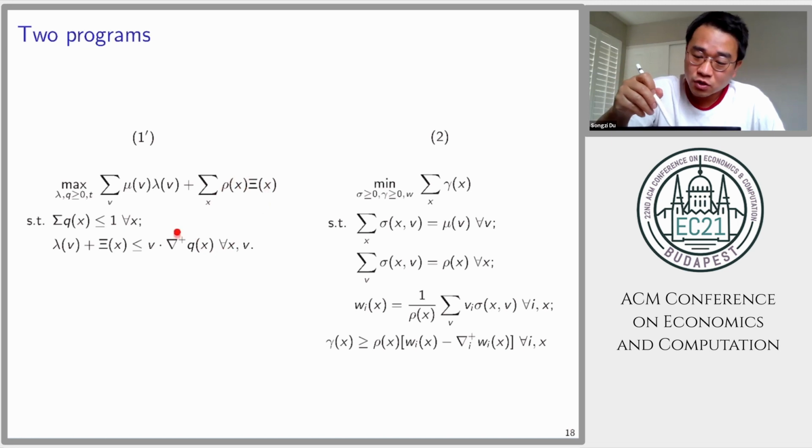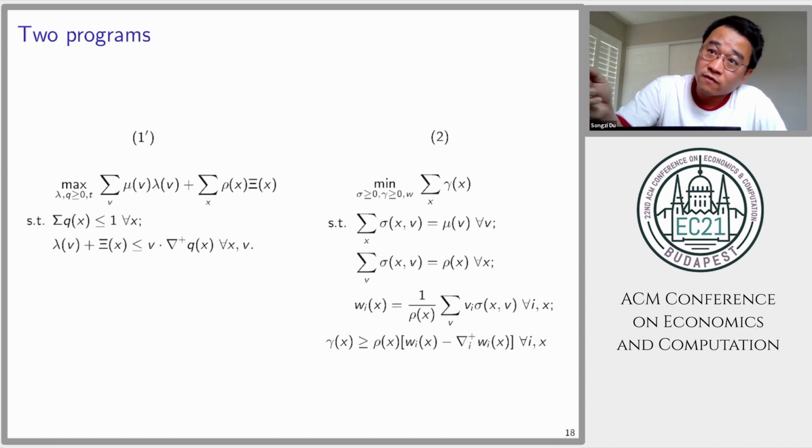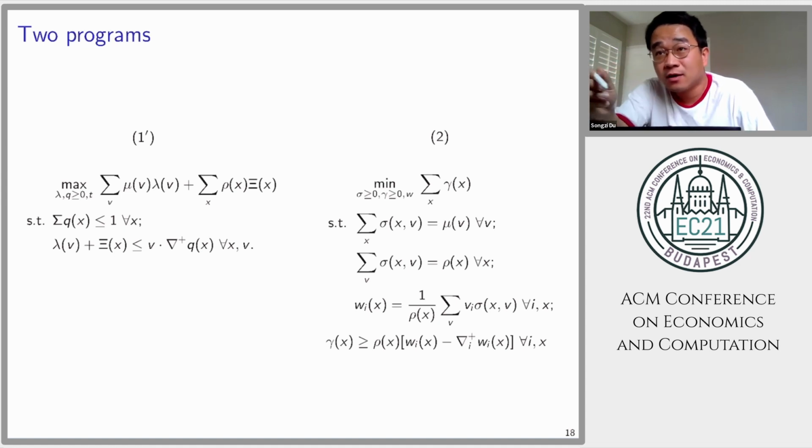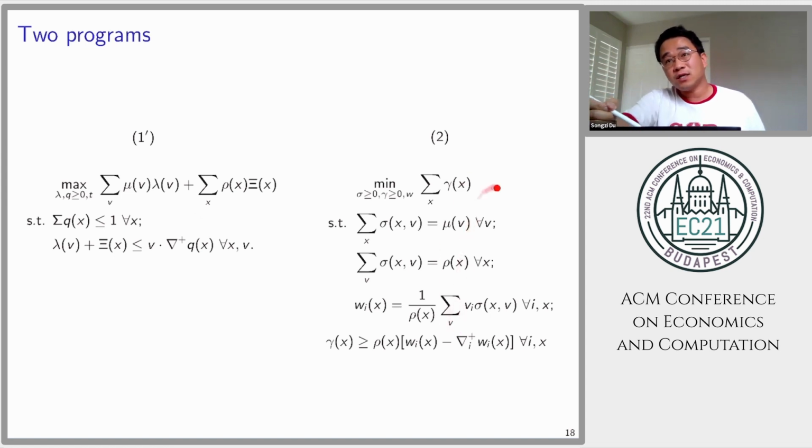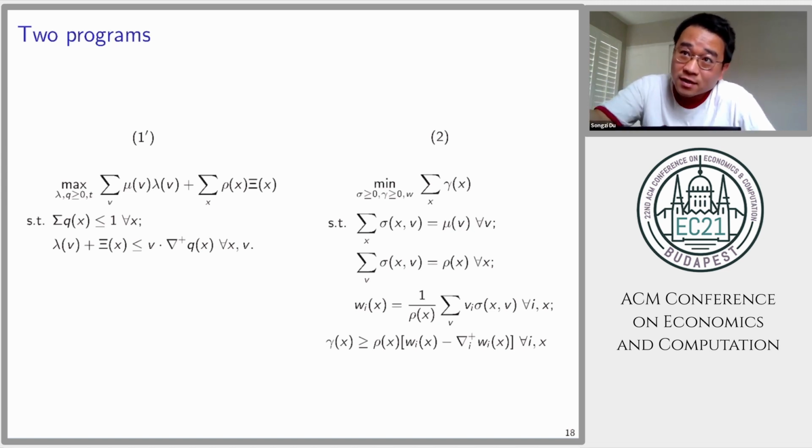Okay, so we call this 1 prime because that is the version of 1, the linear relaxation for max to min, where we have solved out the transfer. And that seems like the right thing to do because, of course, in 2, to arrive at virtual value, we implicitly solved out the transfer to get virtual value. Okay, and also this is formally the right thing to do as well,